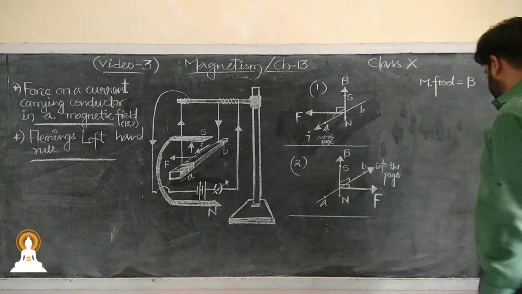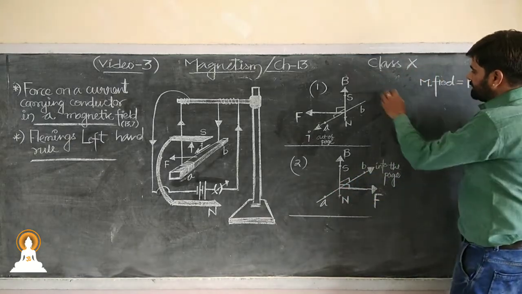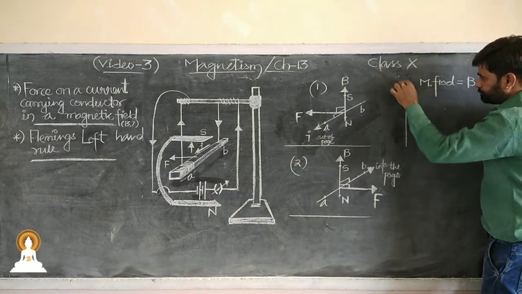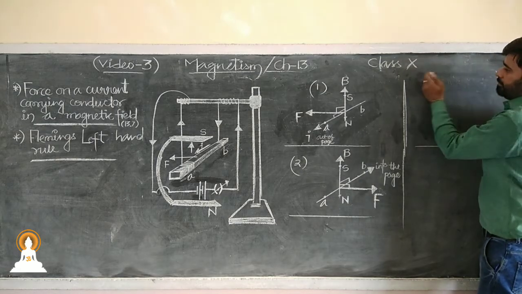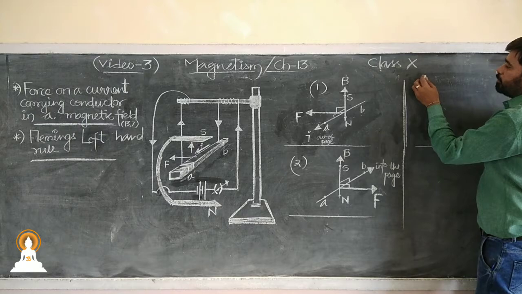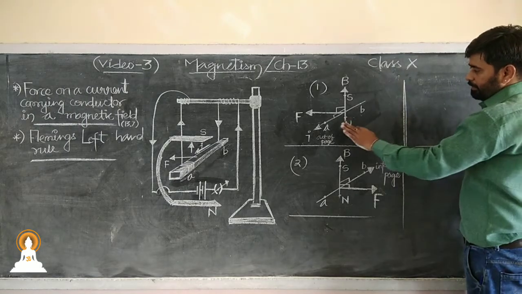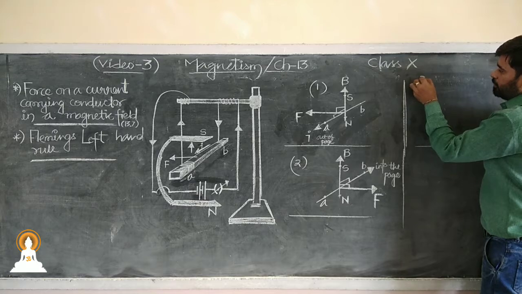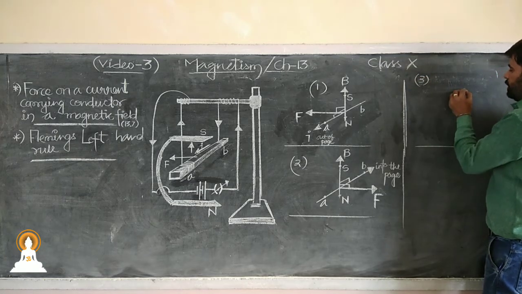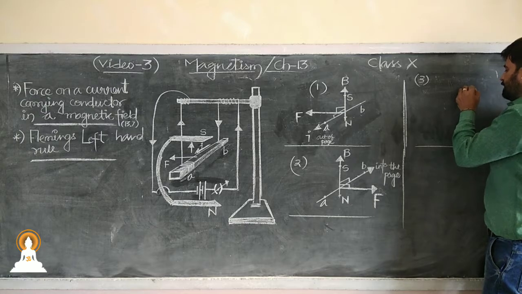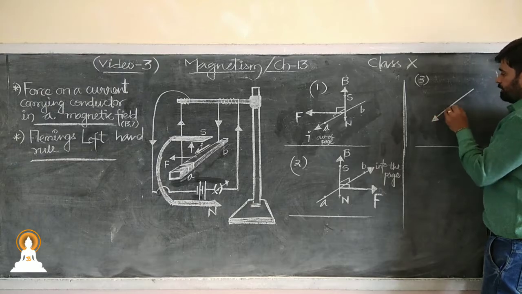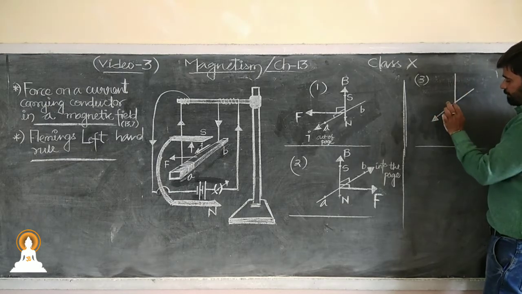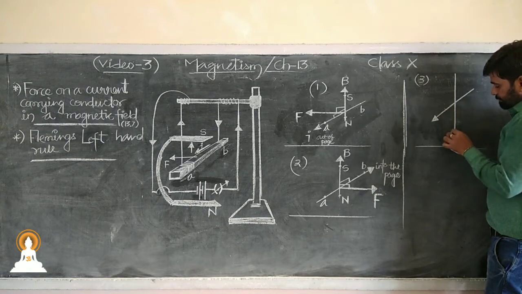So when the current is out, such type of case, and when the current is in, such type of case. Now we may see two more cases. A question that may arise is: sir, here we have changed the direction of current, no problem. This time the direction of current will remain as it is, and we are going to change the direction of magnetic field. The direction of current is like this, and the direction of magnetic field is like this.